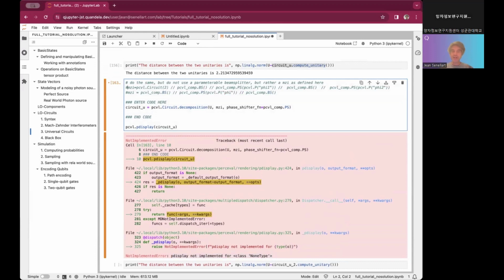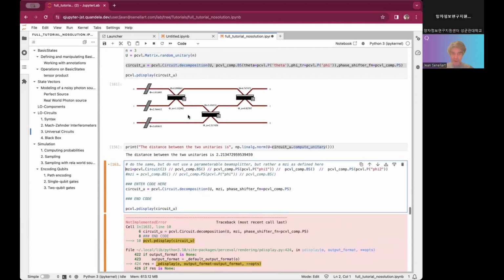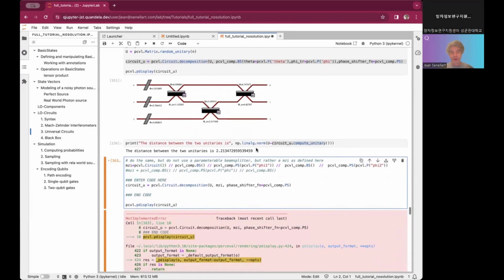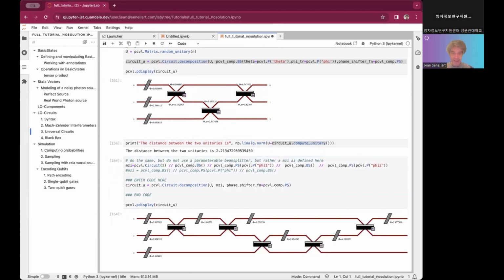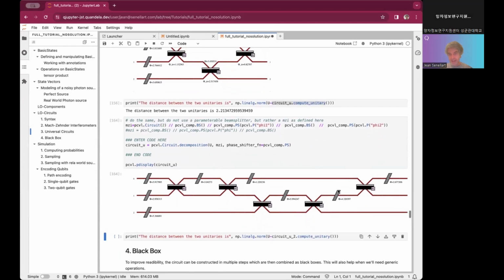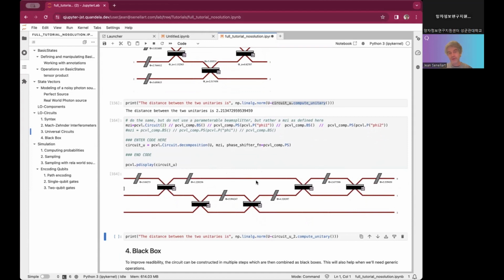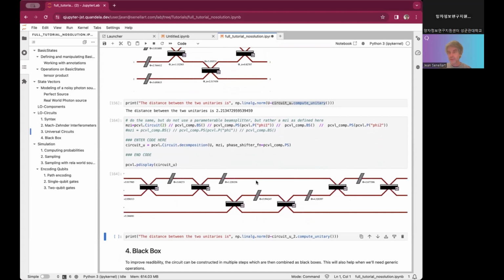I told you that we saw that there were two parameters here, theta and phi, so two degrees of freedom, and here we had only one degree of freedom. So if we take the full MZI plus the additional phase here, it works. So when we look at that, you see the MZI here, and you see that there is this additional phase here. If we don't add this additional phase, then we don't have enough degrees of freedom to implement a random unitary. Some of them will work. So maybe for you it did work, but on my side it didn't work. So we didn't have enough degrees of freedom.